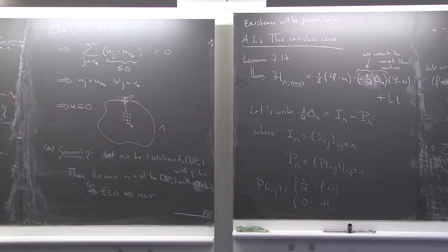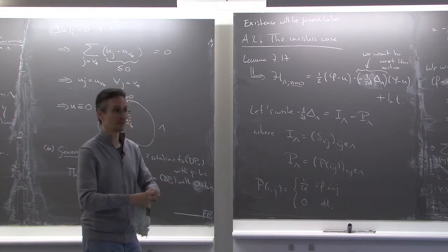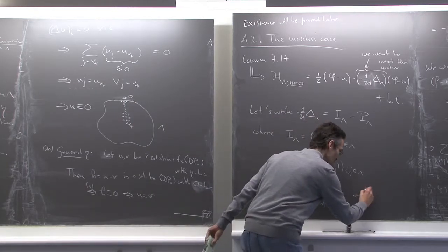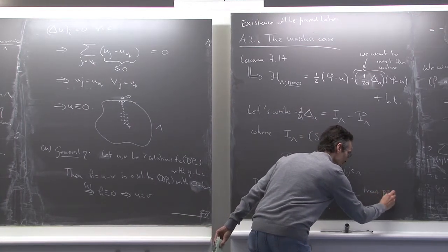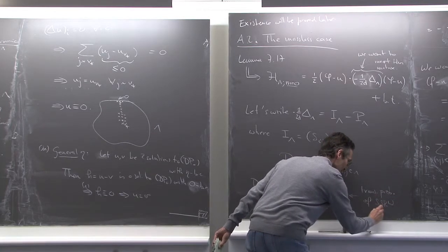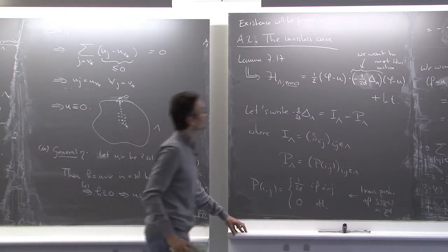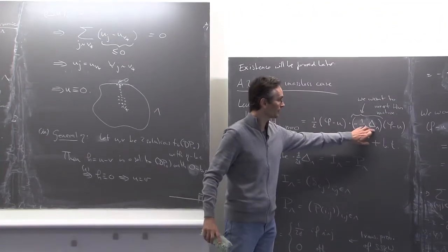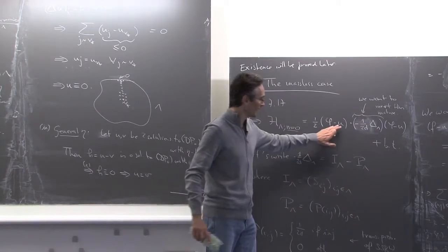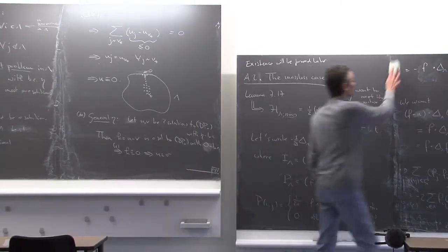You immediately recognize in Pij the transition probabilities of the symmetric simple random walk on Z^d, which will play a very important role. Because what we are going to do is show that both the inverse of this matrix, so the covariance matrix, and the mean u can be expressed in a very natural way in terms of the random walk.